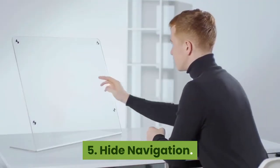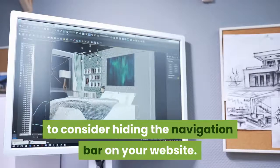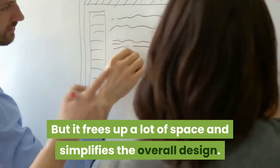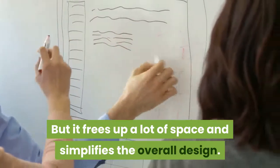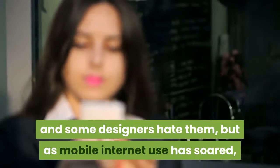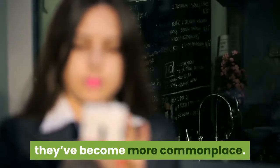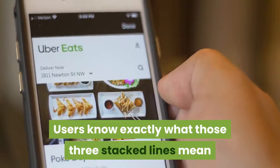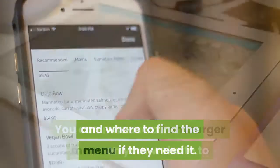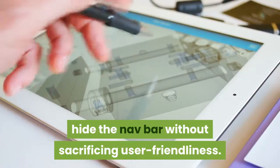5. Hide navigation. It may go against the nature of other designs you've done to consider hiding the navigation bar on your website. But it frees up a lot of space and simplifies the overall design. Hamburger menus are sometimes given a hard time and some designers hate them, but as mobile internet use has soared, they've become more commonplace. Users know exactly what those 3 stacked lines mean and where to find the menu if they need it. You can now use a hamburger menu on your website to hide the nav bar without sacrificing